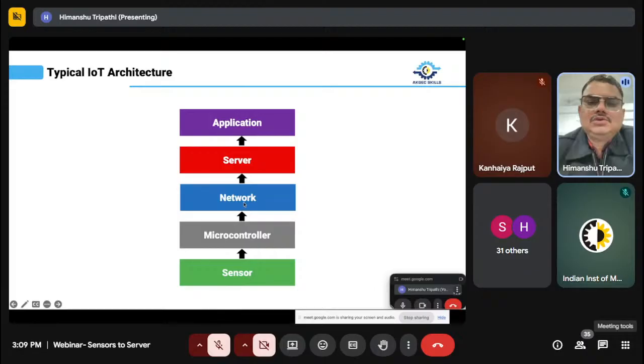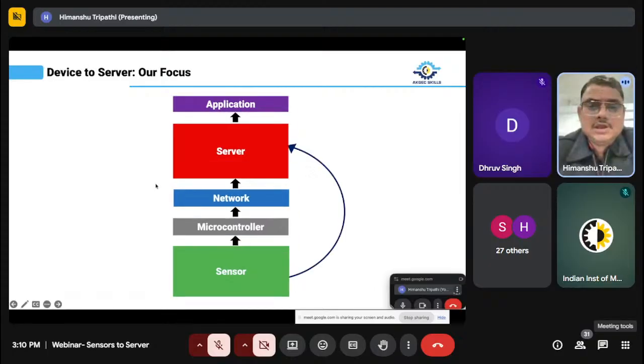Then through the microcontroller, the data travels through the network, and after the network, it finally reaches the server. And on that server, some applications may be running, and that application is basically giving the insights to the user in the form of visual indications or in the form of text or any other format which is more suitable for that application or for that particular user. So this is the very basic architecture of an IoT system,